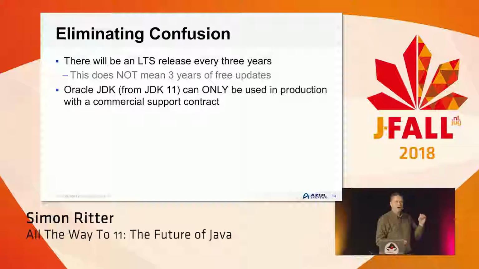The other thing that changed with JDK 11 was the license under which the Oracle JDK is released. In the past, it was the Oracle Binary Code License of java.se. Now it's the Oracle Technology Network License Agreement. And what that says is that you can download the Oracle JDK, you can use it for development, you can use it for testing, you can use it for demonstrations without charge. If you want to put it into production, then you will need a java.se subscription. And that's a cost option that you will need to pay for. So JDK 11, the Oracle JDK, is no longer free for use in production.